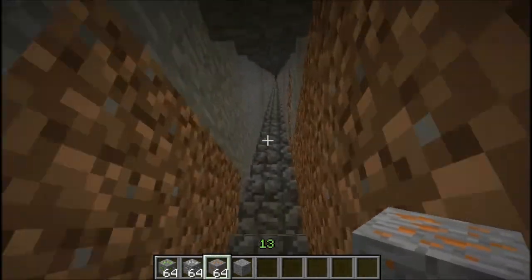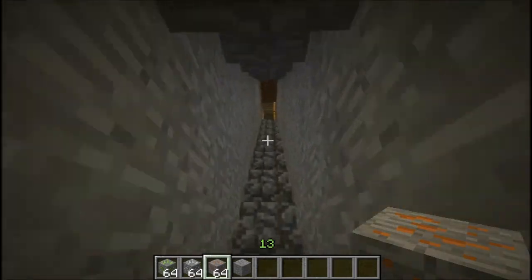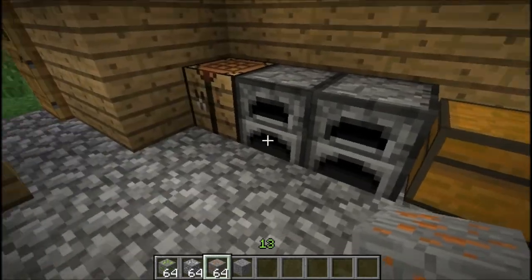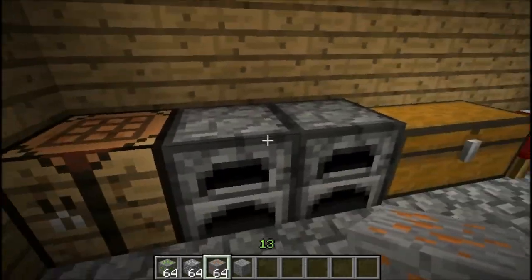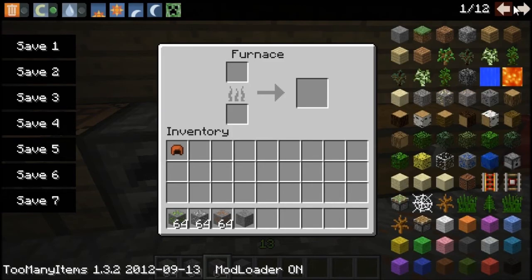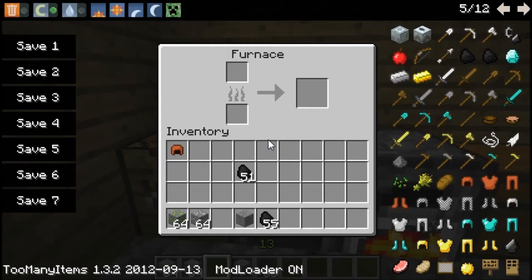So yeah, you find out. I don't know why I came all the way down here just to show you that, but you can find those ores in the ground. That really came out weird. But you find those ores, and using these ores, like you always do with ores, if I can find some coal, you heat them up. So I just got a lot of coal there. But you start heating them up,